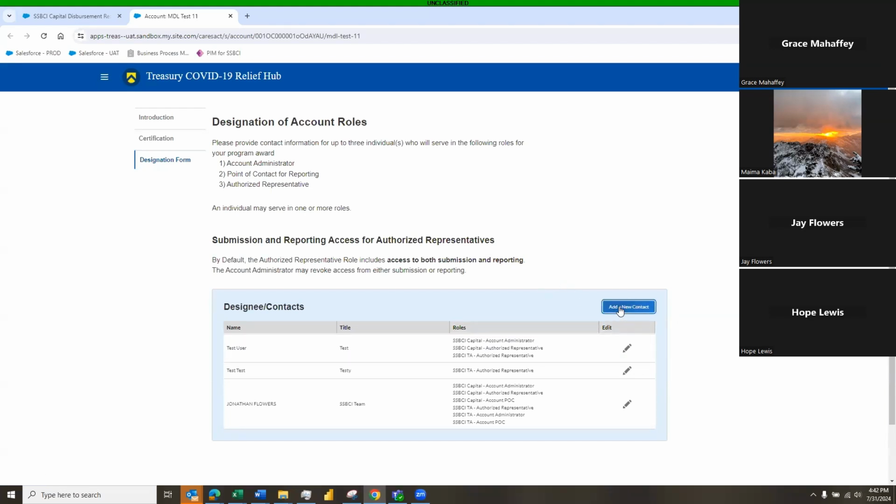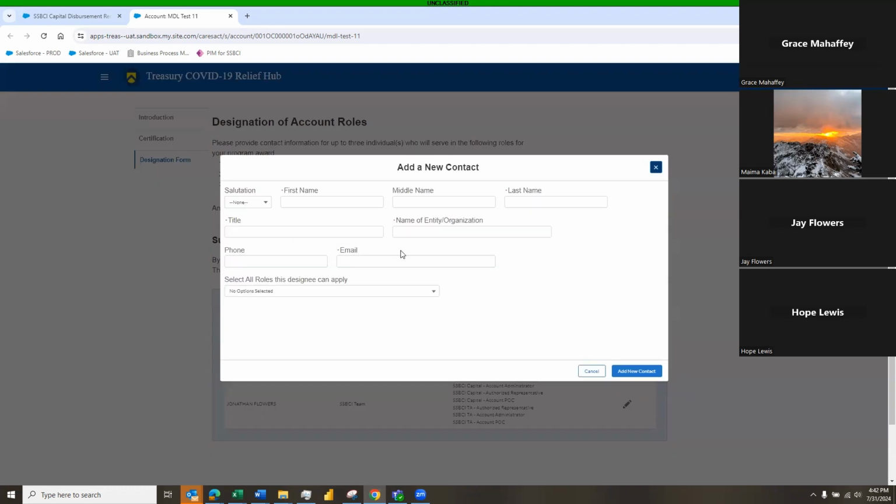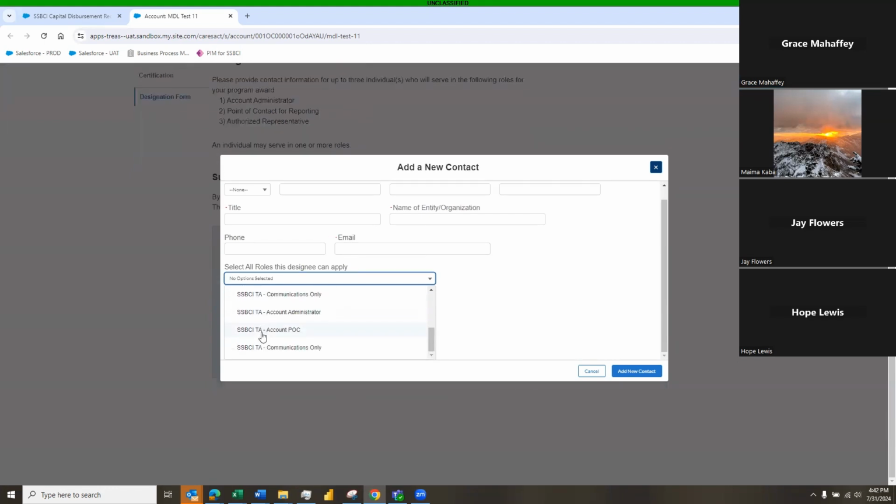So adding a new contact, you click this button here, and then you add all the information for the individual that you want to add for access to the portal. And then you will select your different roles that you would like that individual to have. So for each one of the programs, you'll see it with a prefix of SSBCI Capital, SSBCI TA, and there's another one for SSBCI SBOT. So the different roles that we have inside are going to be the account admin,